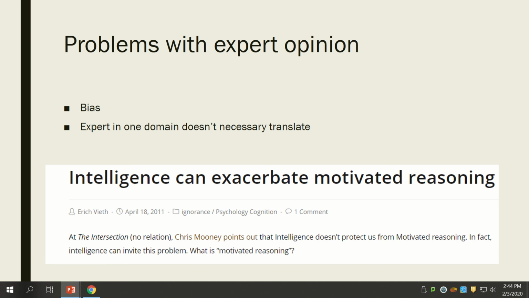So we have a lot of bias, we have a lot of confirmation bias, and there's this super interesting thing that intelligence can exacerbate, something called motivated reasoning. Motivated reasoning is essentially reasoning to get the conclusion that you want. So if you answer that phone,